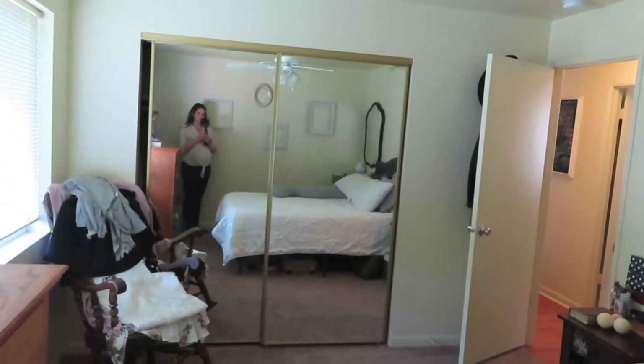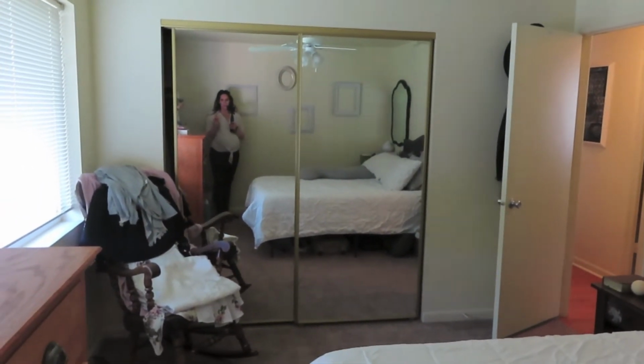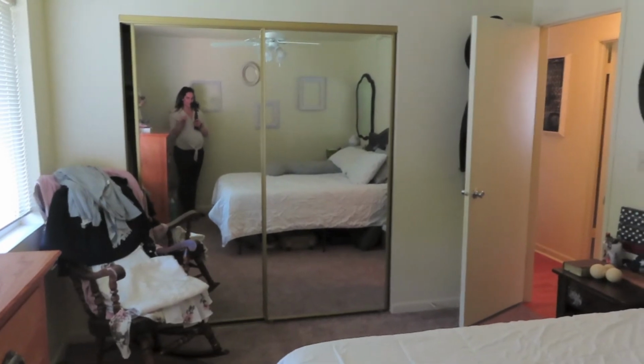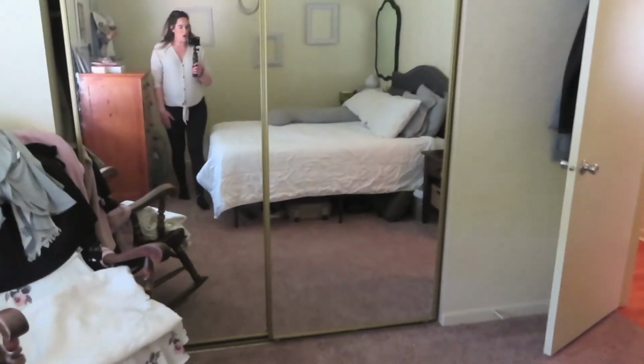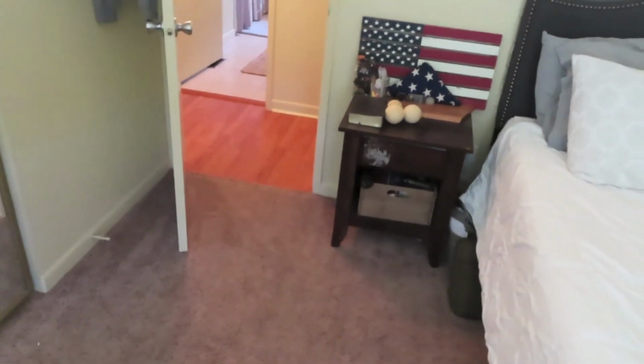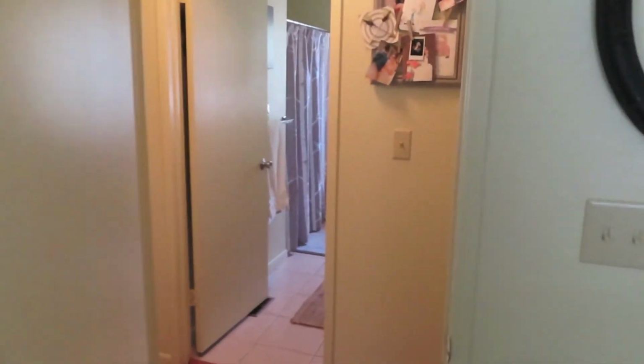So we have mirrored closets, which definitely make it feel bigger. A chair full of random junk, mostly because clothes need to be listed for sale. And then we have a queen size bed. The only rooms that have carpet in them are the bedrooms, which I personally like just because I have pets. The carpet is not the best quality, but it was brand new when we came in, and so definitely clean,